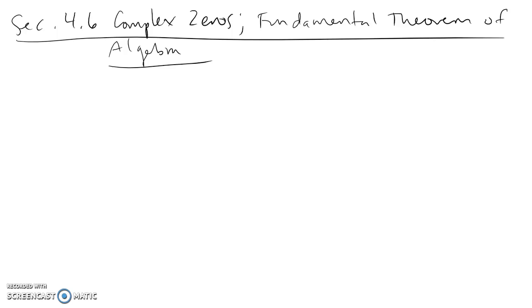Hi, we're going to talk about section 4.6, complex zeros, or the fundamental theorem of algebra. So far we found only real zeros of polynomials. But what about complex zeros? Are there any? Recall from the last video that we factored a polynomial to be x minus 1 times x